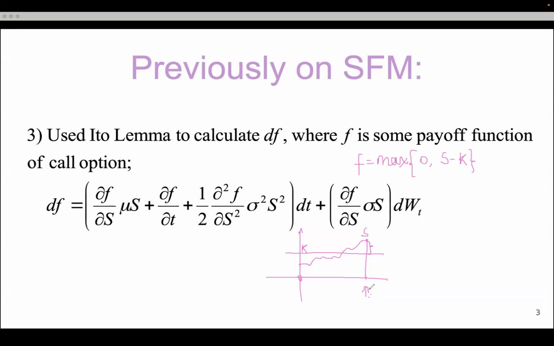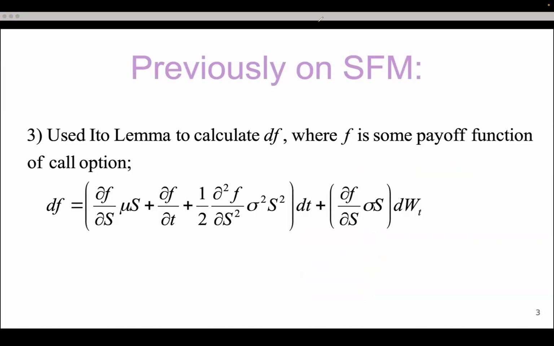Understand? Hmm? Understand? No? Nastya, do you understand now about the payoff function, the call option? Yes, and about this motivation, it's clear. Okay, thank you. So,